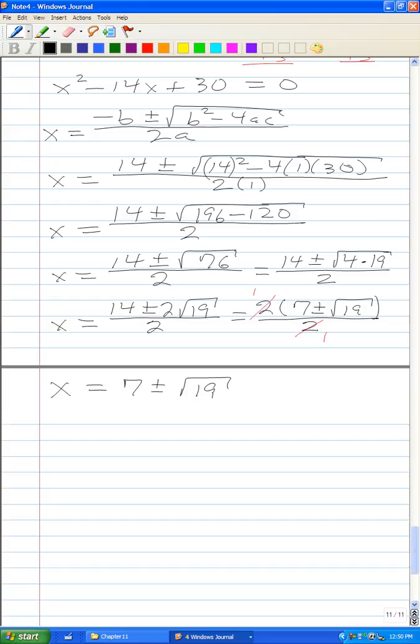And so 9 years ago, well, 7 minus the square root of 19 will actually be a negative number 9 years ago. So we don't want negative ages. And so he has to be at least 9 years old. Since he has to be at least 9 years old, then his age, so John's